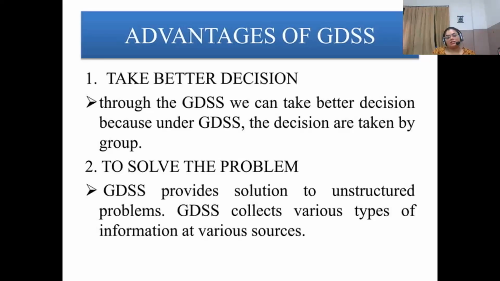सो सबसे पहले हम बात करते हैं बेटर डिसीजंस की। थ्रू GDSS वी कैन टेक बेटर डिसीजंस बिकॉज GDSS आर टेकन बाय द ग्रुप। तो जब भी जो भी हमारे डिसीजंस एक GDSS में होते हैं वो किसी ग्रुप के थ्रू ही होते हैं, क्योंकि GDSS इज कंप्राइज ऑफ ग्रुप ऑफ डिसीजन मेकर्स। तो जब हमारा ग्रुप होता है बहुत सारे लोग अपना अपना पॉइंट ऑफ व्यू रखते हैं, अपने डिसीजंस को लेके बैठते हैं, तो उससे एक बेटर डिसीजन निकल के आता है।